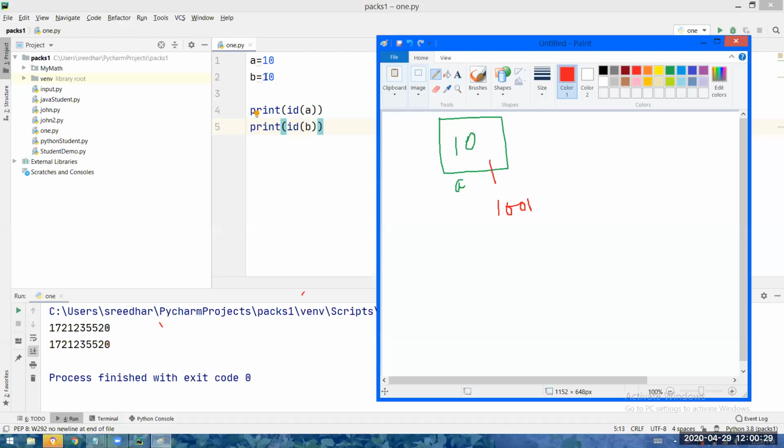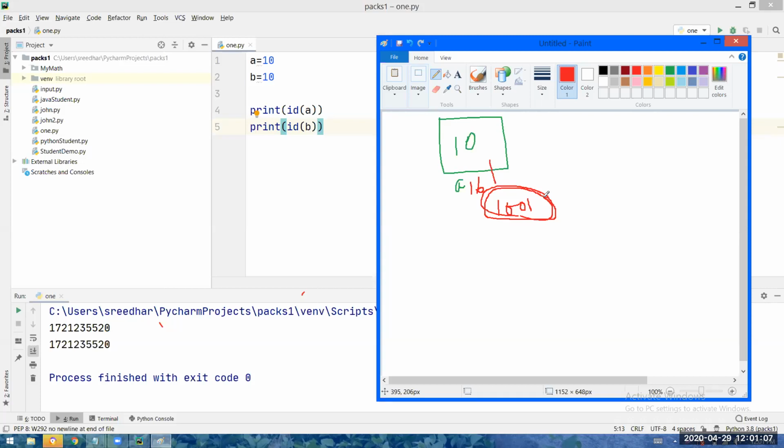See, the programmer's intention is to store 10 into the computer's memory. Already 10 is there in one cell. Why should I waste one more cell? The programmer's intention is to store 10 into the computer's memory, and 10 is already there in one cell. That's why it will put B for the same cell. It won't occupy a new cell. It won't waste the memory like that. Now, address of A is 1001. Address of B is also 1001.